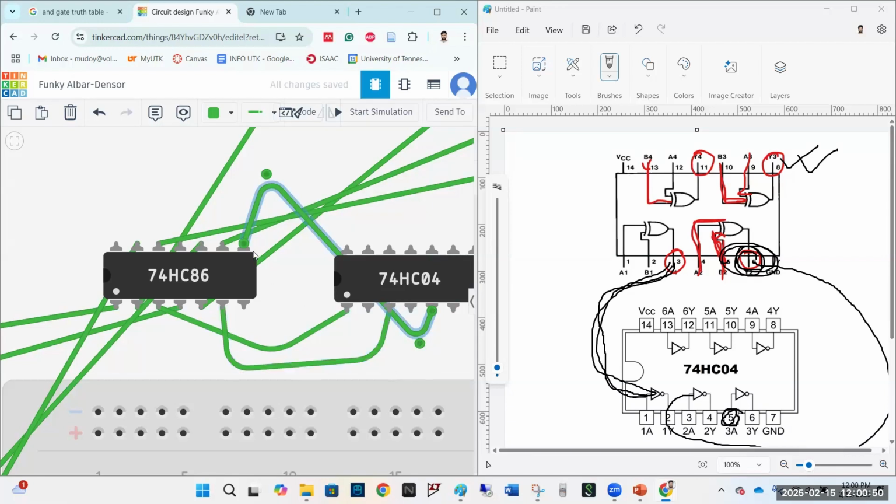Okay, so I have connected pin number 8 of the XOR gate, I mean the third XOR output, to the input of the third NOT gate. Okay, now let's do the same thing for the fourth, or the last one. So fourth